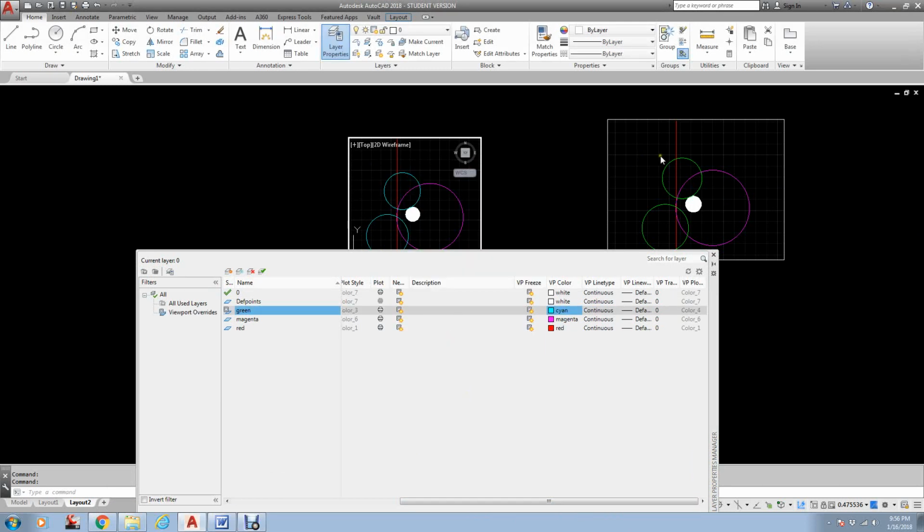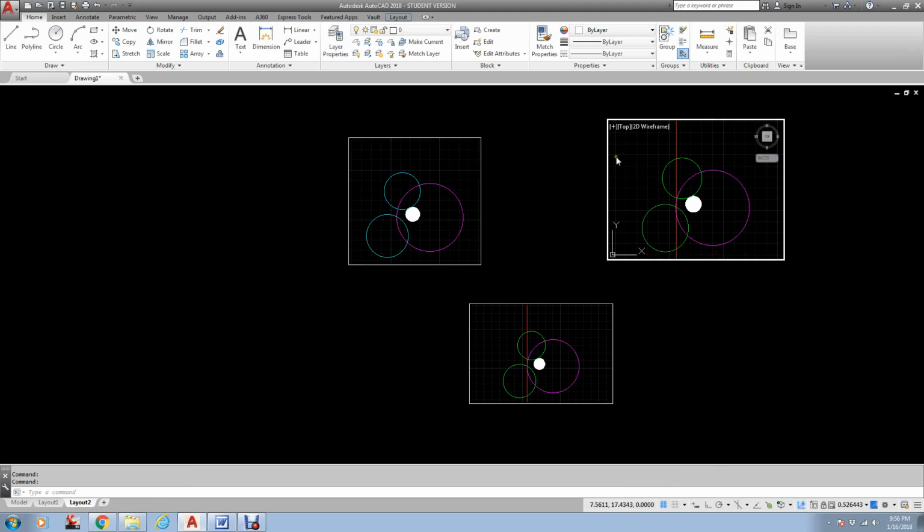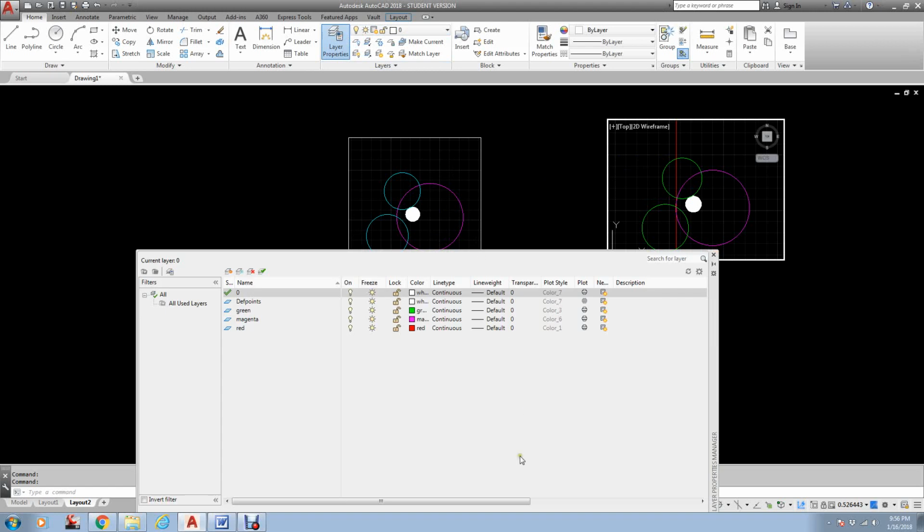See, they're cyan, but they're still green here. And let's say this red line, I don't even want to see the red line. I'm going to freeze it in this viewport. Okay, so I've changed that. Now I'm going to come over to this viewport, highlight this viewport, do this layer properties,